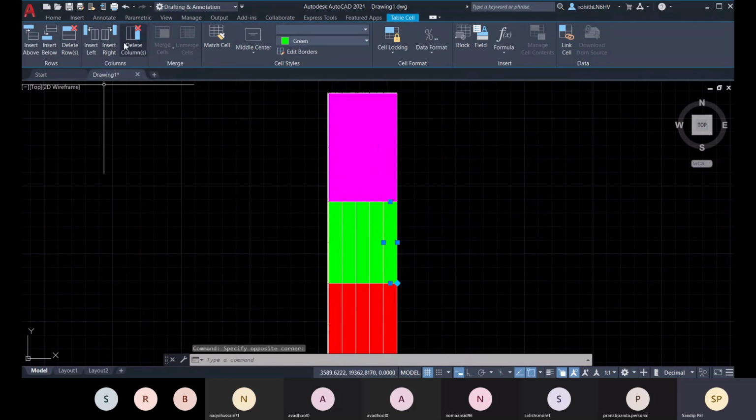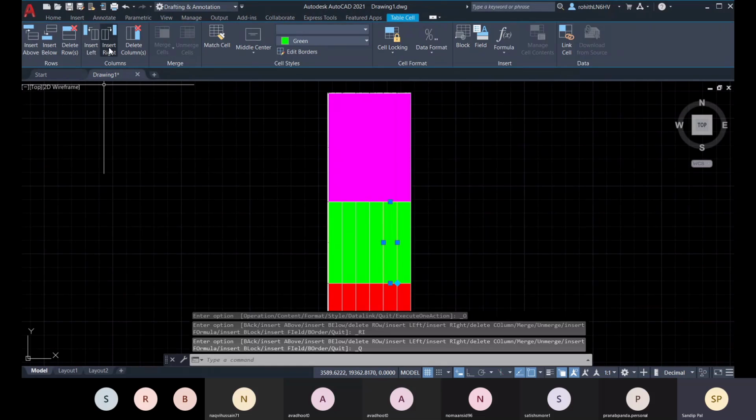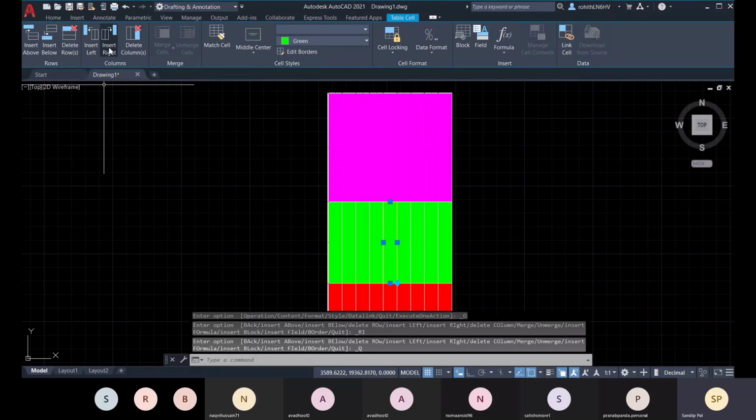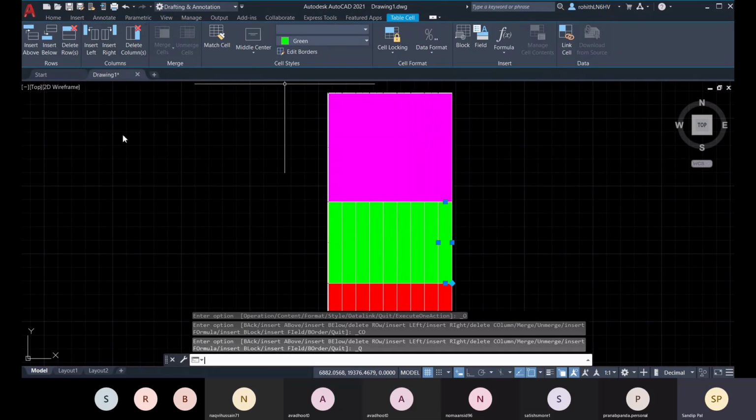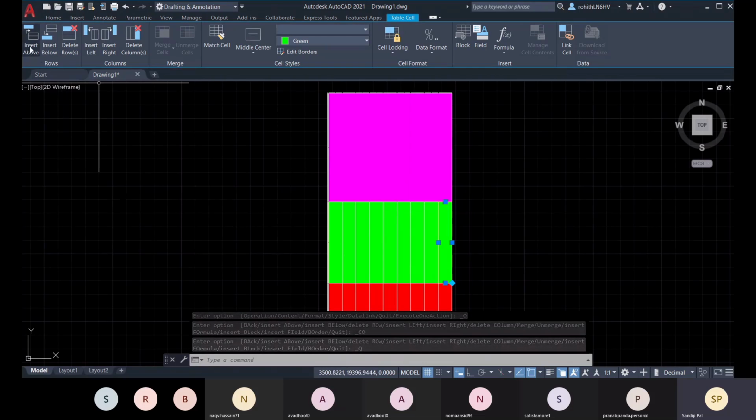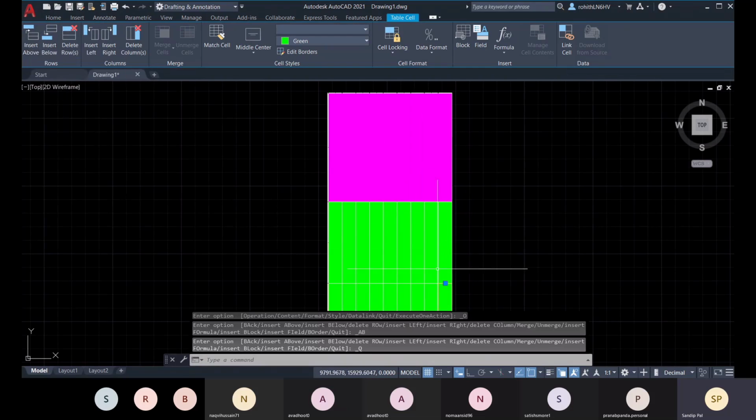After selecting it, you can insert any column to the right side. You can click, and columns will insert, and if you want to delete any column, you can delete it. If you want to insert any row, you can insert it, like there you see one row is inserted there.